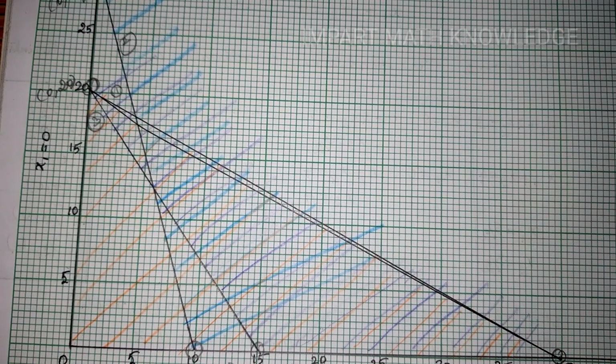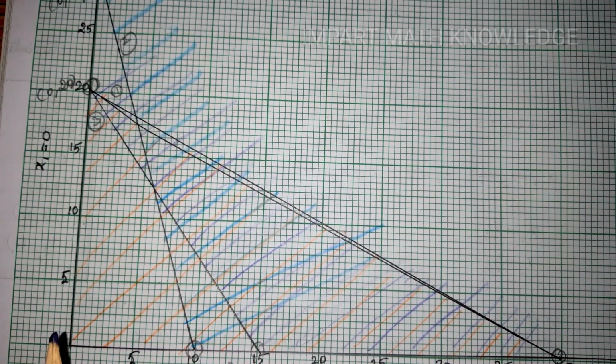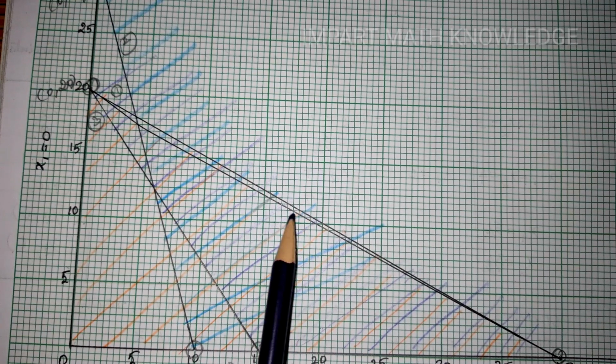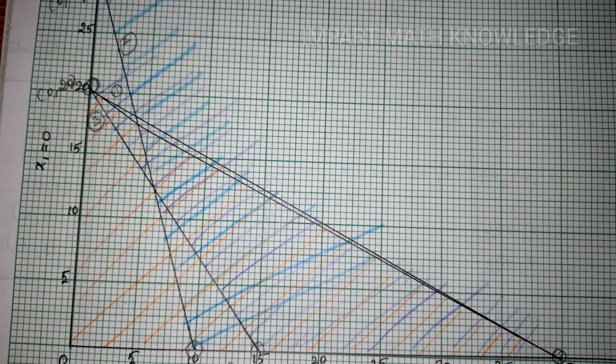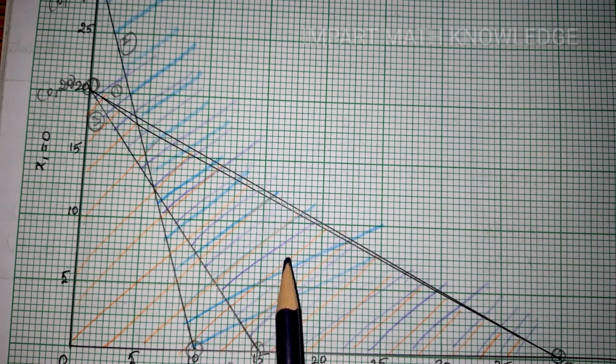Okay. Now first condition, shade below the line. Second and third condition, shade above the line. Now you have to check which region contains all the 3 colors. So without doubt we can say that this is the feasible region since it contains all the 3 colors. Okay. So as I insisted earlier, the feasible region is the common region that covers all the conditions.